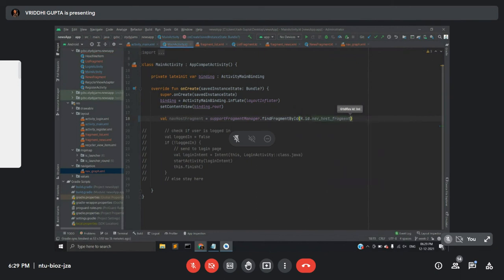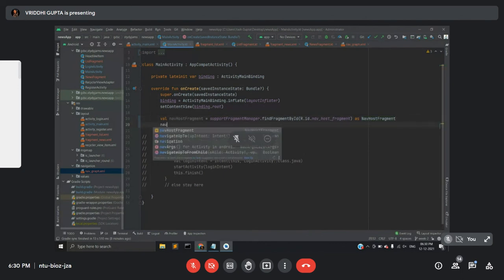We have passed the id of the fragment container view over here as nav host fragment. You're getting an error over here, so you need to import this. This can be done by clicking Alt, Shift, and Enter. Okay, so this will be imported. And then we have nav controller. I have already explained it in the slides, so I'll use that over here.